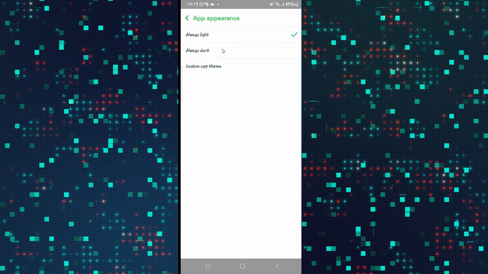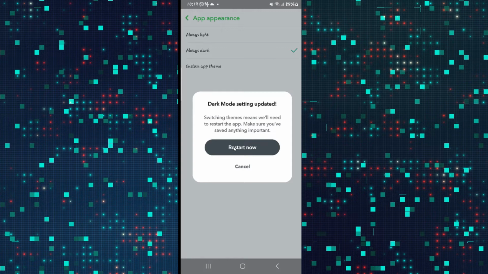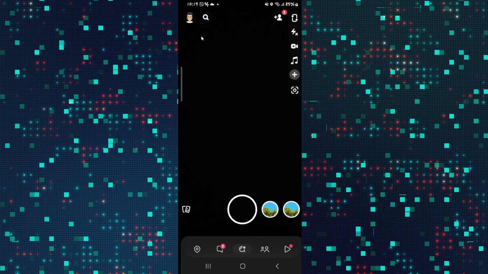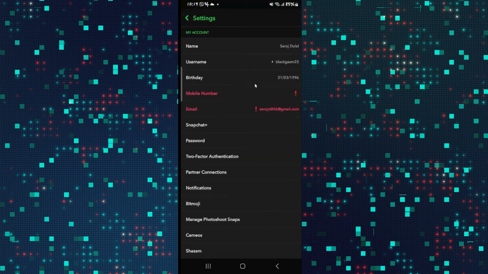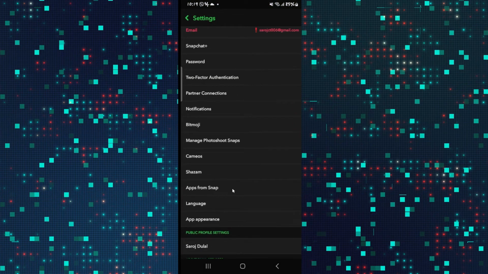Whichever theme you choose, you might be asked to restart your application. Tap on the Restart Now button and your application will immediately restart with your chosen theme. Now, once the application has restarted, you will see that all of the application interface will be shown within dark